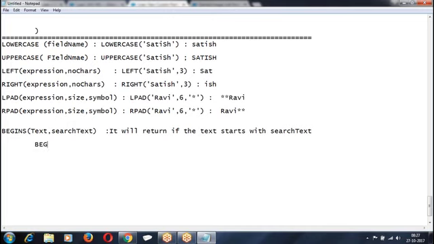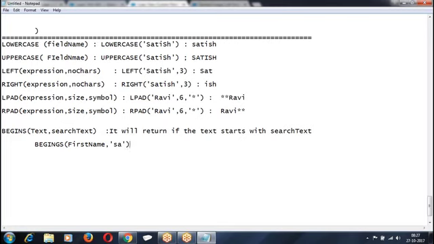If the first name is starting with SA, it is going to give you true, otherwise false. It will check whether such text starts with the given text or not.